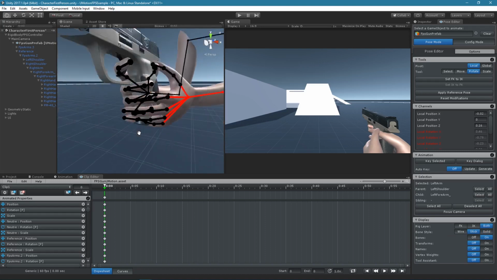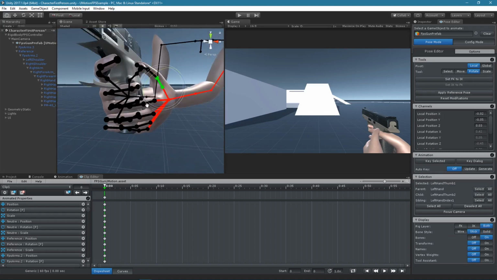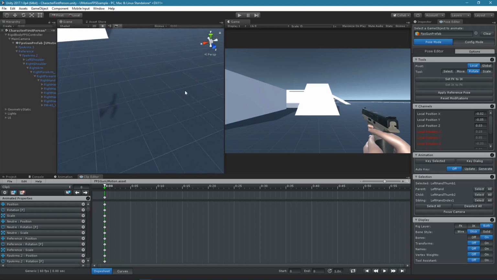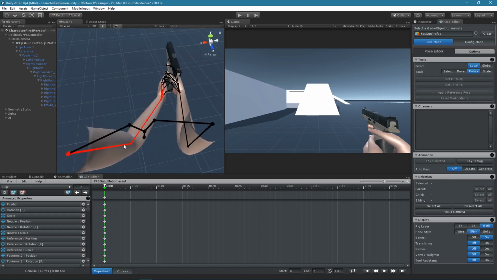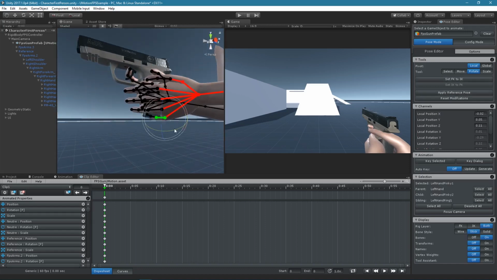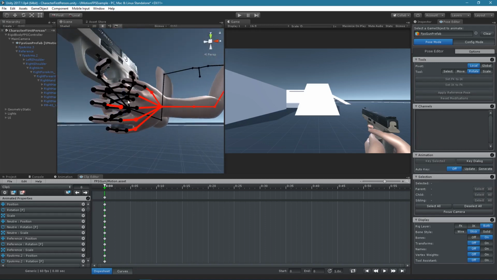Okay, now that we have the hand already in a good position, we can start adjusting the fingers. The most important aspect is that the pose looks good from the game view perspective. So always invest more time in parts of the pose that are visible from this perspective and don't spend too much time on things that can't be seen by the player. Please note that for the purpose of this video, I won't invest too much time into making this pose perfect.